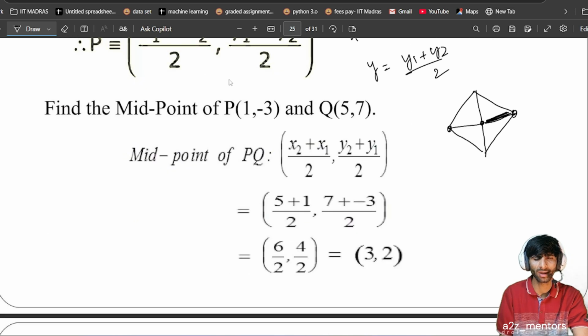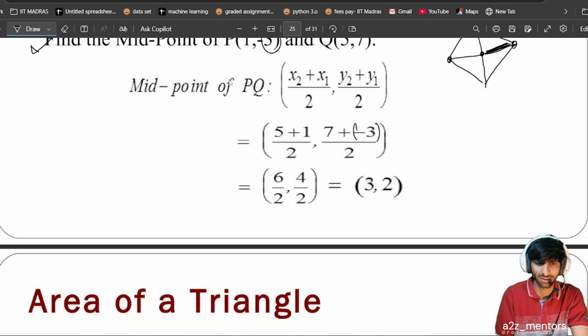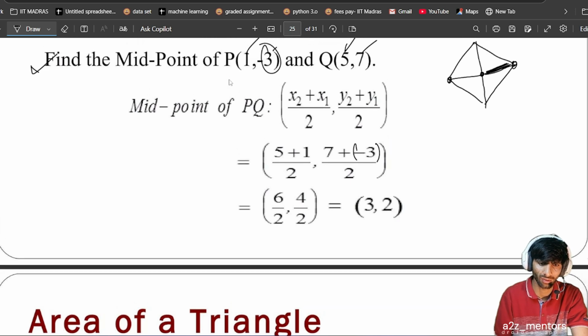In this question, to calculate the midpoint, you will use x2 and x1: 5 plus 1 by 2, and y is 7 plus minus 3 by 2. Why is this minus? Because this is by default minus here. You use the formula and you calculate that 3, 2